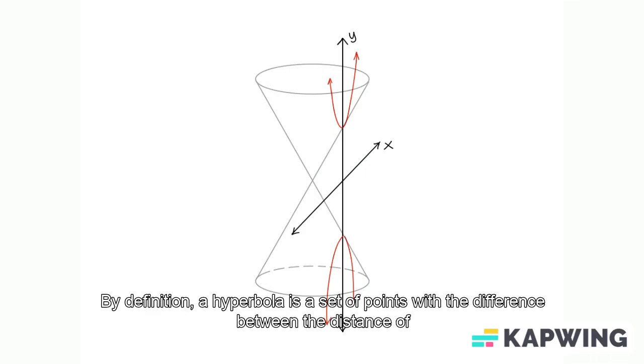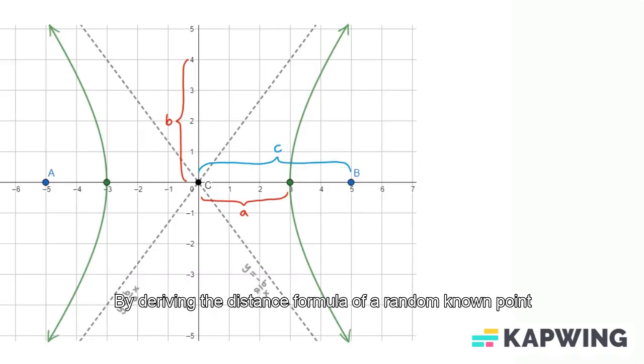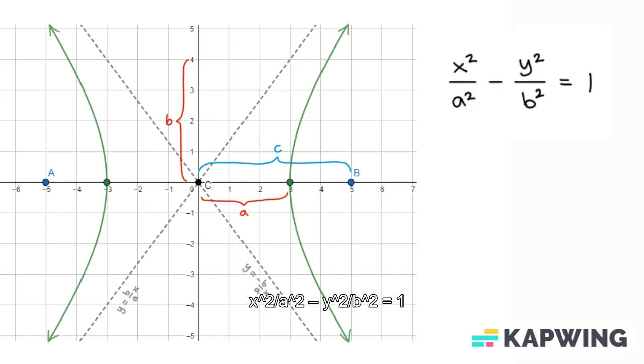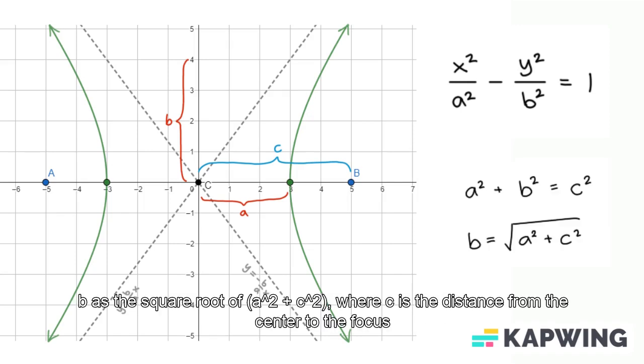By definition, a hyperbola is a set of points with the difference between the distance of these points from two fixed points, the two foci, being constant. The innermost points of the hyperbola are called the vertices. By deriving the distance formula of a random known point of a hyperbola and the two foci, we would find the standard equation of a hyperbola to be x squared over a squared minus y squared over b squared equals 1, in which a is the distance between the center and the vertex, and b is the